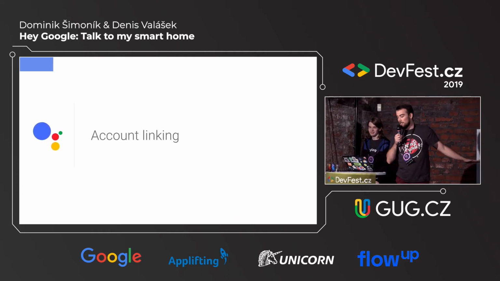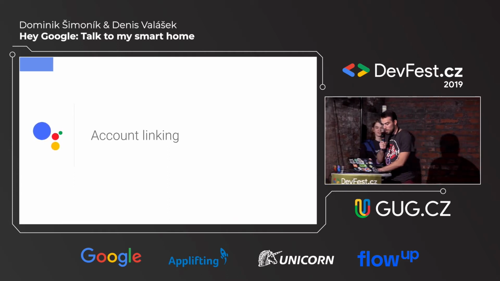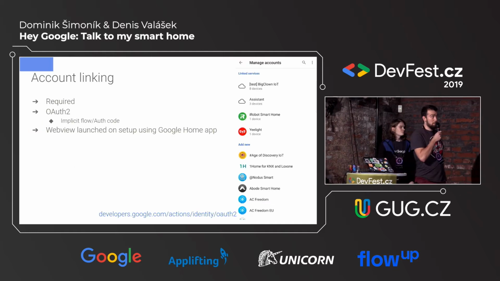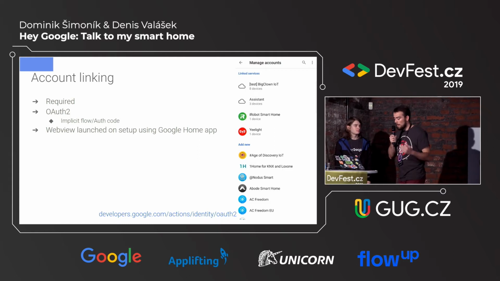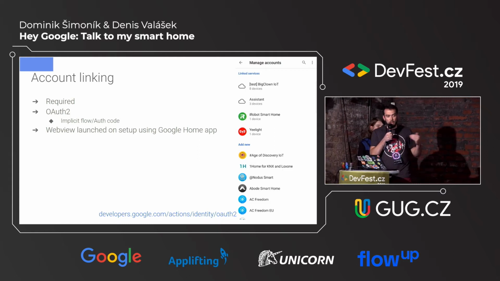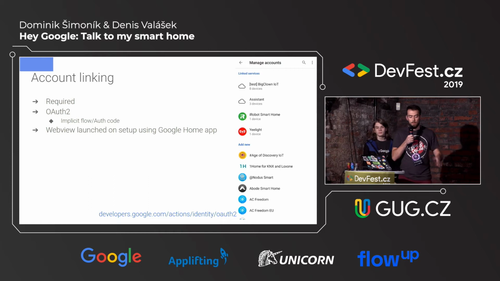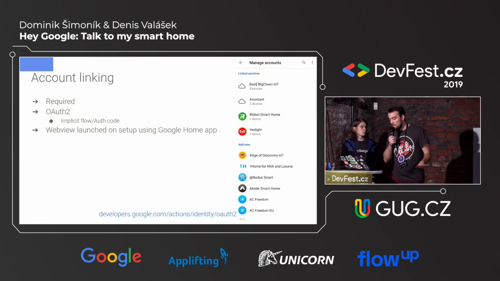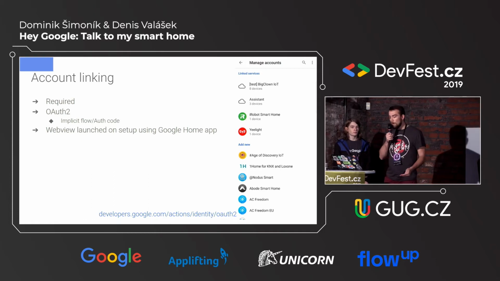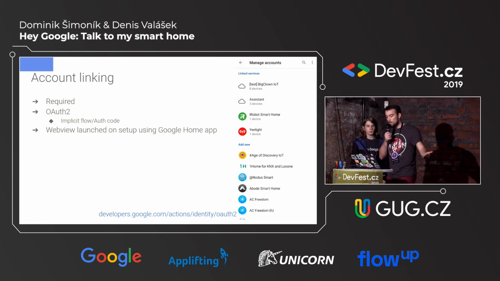Okay, account linking. That's a huge thing in Actions on Google because it's required, as you probably see. If you have an account in your app, Google requires it to be linked with your Google account that you have in Google Home. It's using a standard auth flow, implicit or explicit.